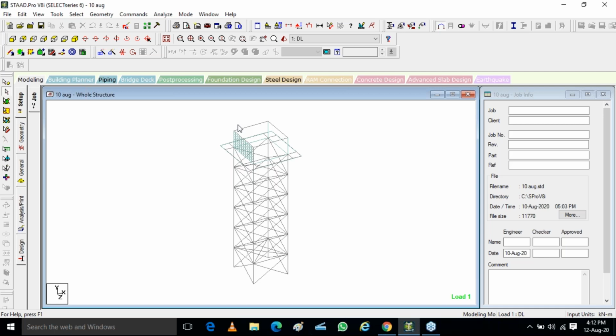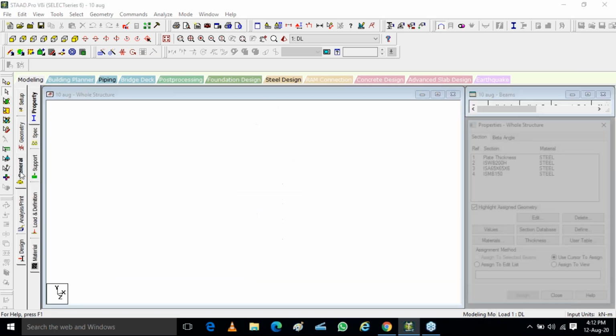Okay, so we'll start. Most of you have joined. Last time I had done this. So what we are left with, the first thing we need to do right now is to put the supports and then a bit of load. Load we have already provided, so we'll just start with supports.